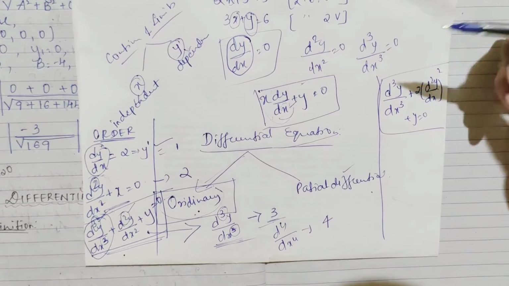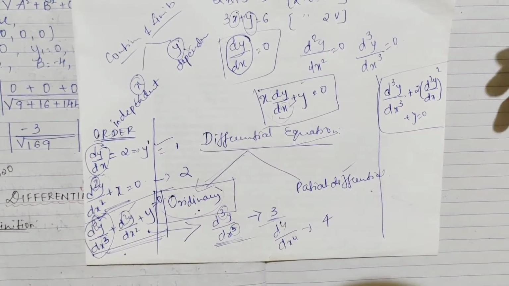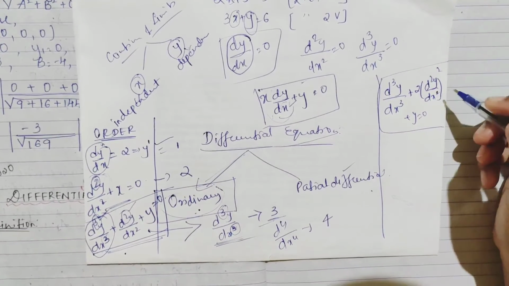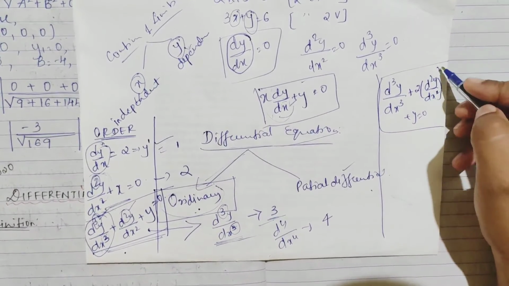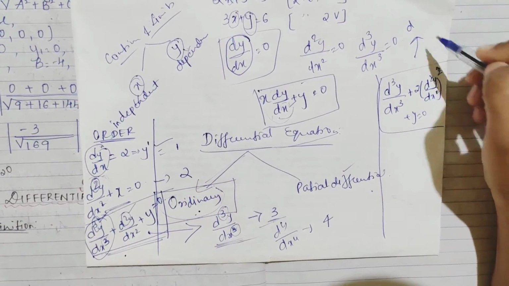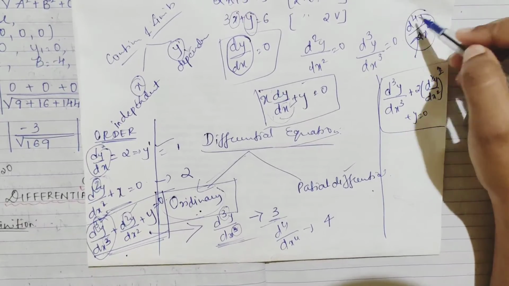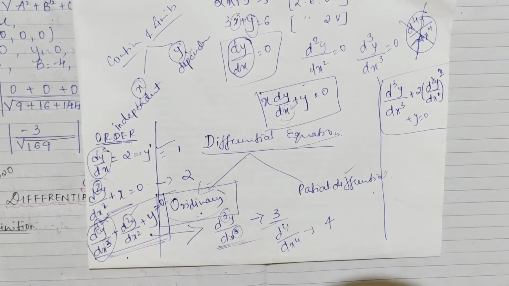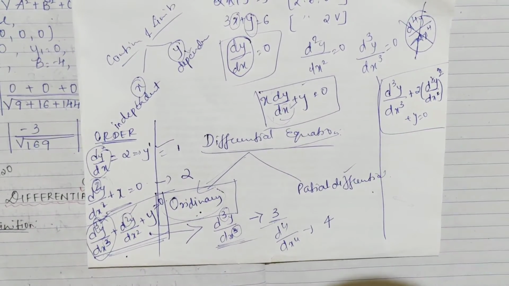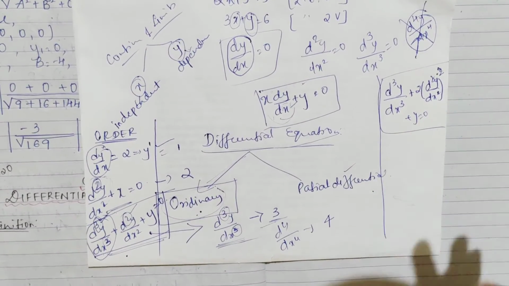Now as you can see, some will say d cube y by dx cube is highest, some will get confused about d2y by dx square, and since the square is there, you might multiply and get d4y by dx raised to 4. This is totally wrong. It doesn't work like this. It's a simple question they have given. You are not supposed to multiply or add anything.